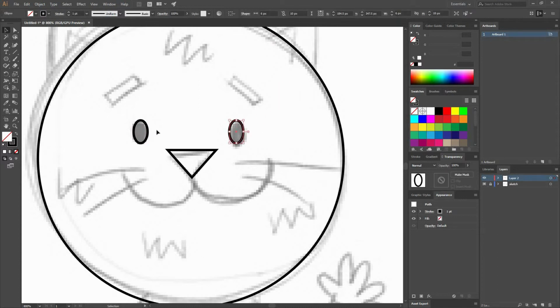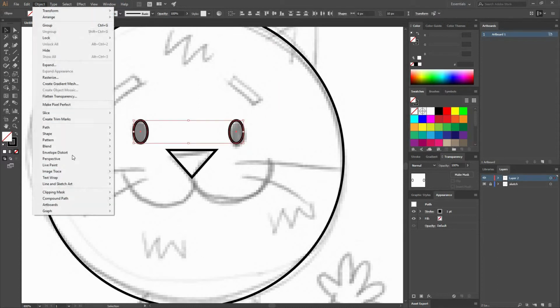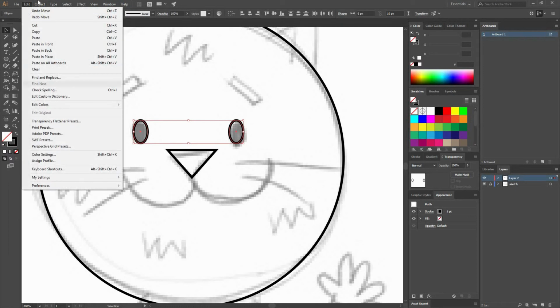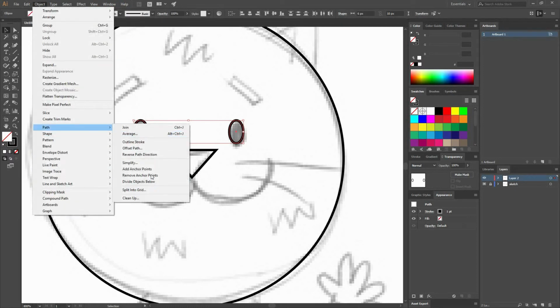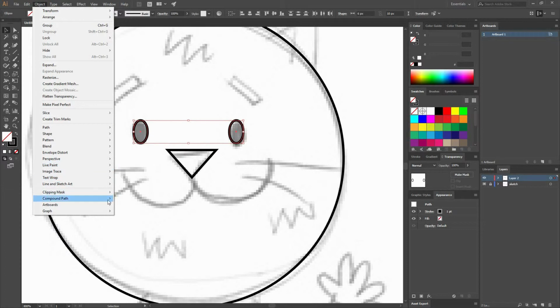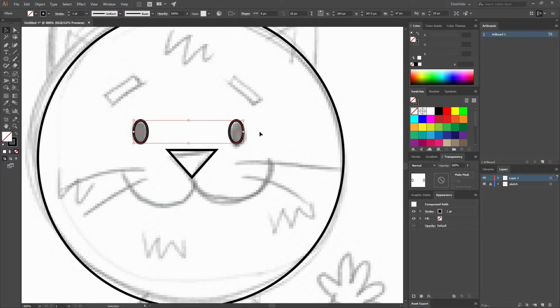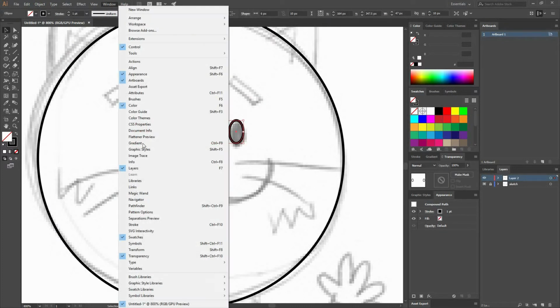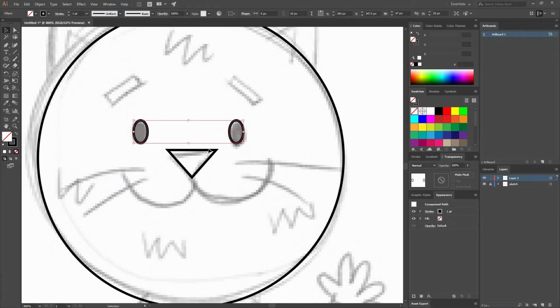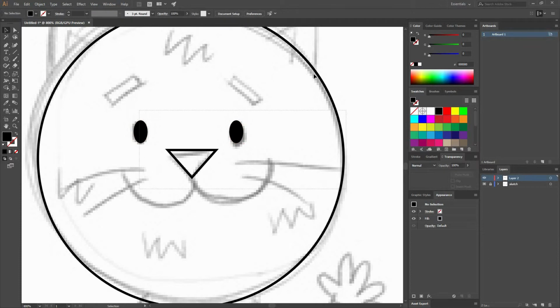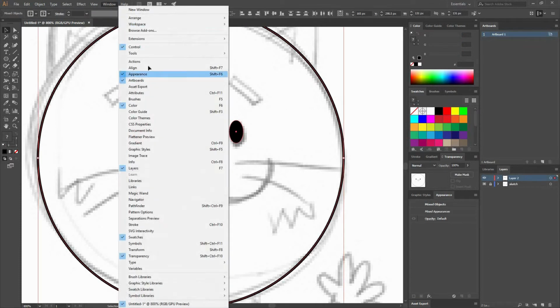You can group your eyes, and I would recommend that you make a habit of grouping by going to Object, Group, or you could also go to Object, Compound Path, Make, or press the shortcut Ctrl-8. That way you can see in the Appearance window, and if you don't see that window, you can go to Window, Appearance, or use Shift F6, that now it's a compound path. So you should always either use a compound path or group the elements that are going to share the same color. That way you are going to end up with fewer layers.